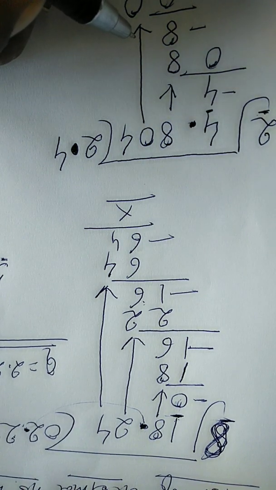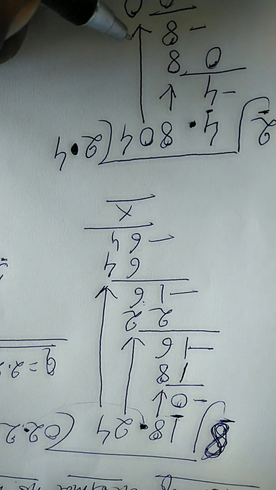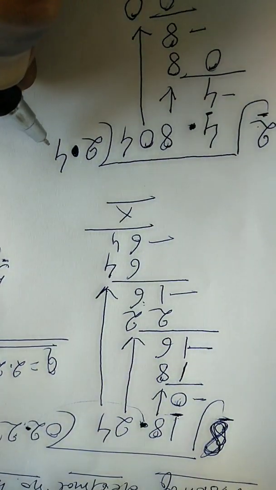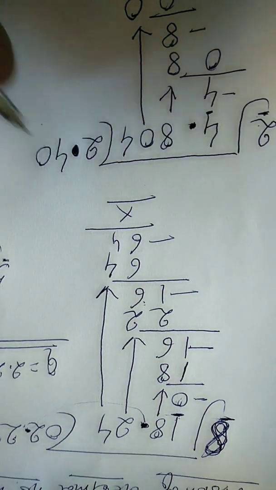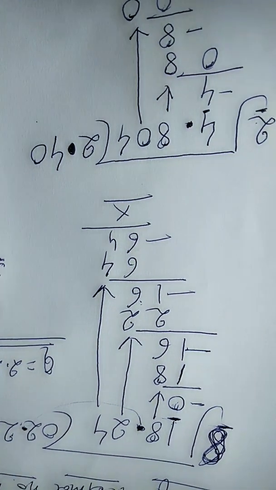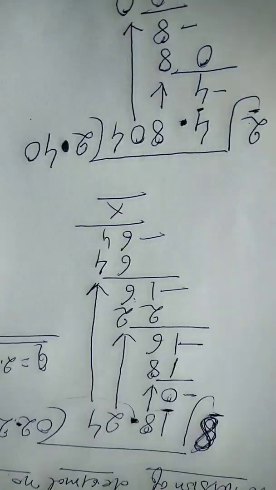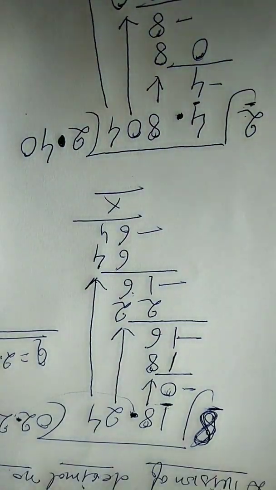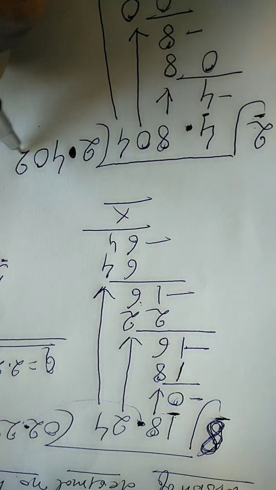After bringing it down, what will you do? You will divide it. In the table of 2, 2 0s are the 0, so you will get 0 again. Now down the next digit 4. 2 2s are the 4.